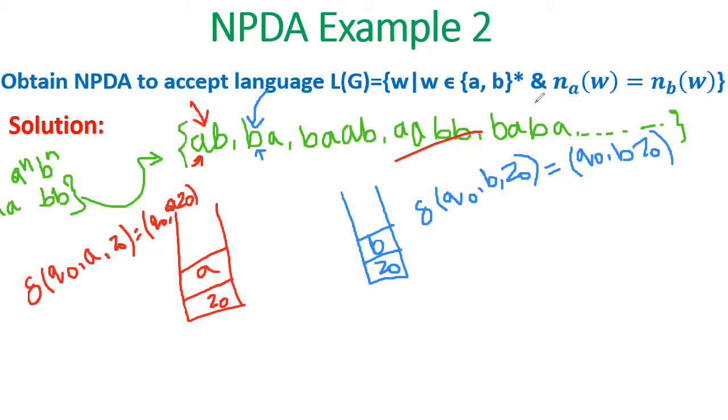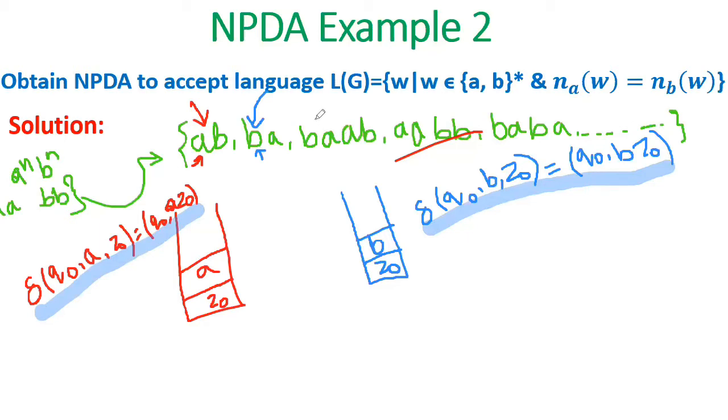Okay. Now this transition as well as this transition acts as the first two transitions of this problem. That is, either the string can start with A or the string can start with B. If the top of the stack is Z0, you simply push A and B onto the stack. That is the meaning. Okay. So next what we do, we'll take some string in general and we'll start working on it.